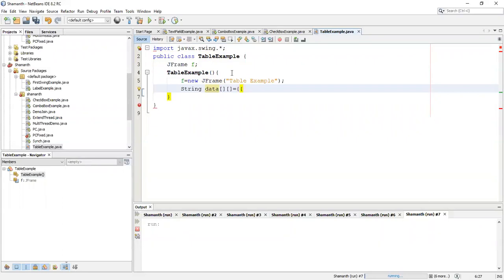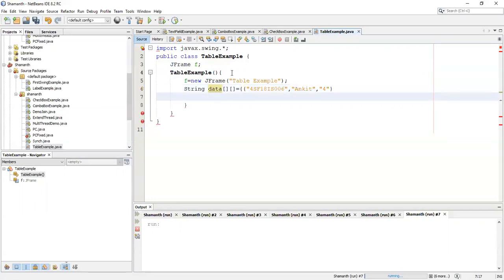Let's create that first, all string types. The USN of the student 4SF18IS006. Let's give the name as Ankit and semester as 4. Let me close this.